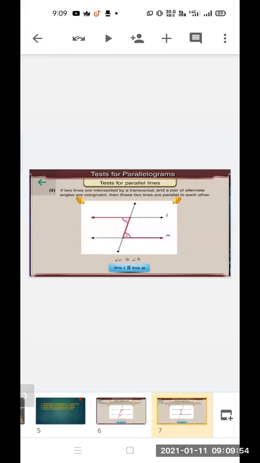Here line L and line M, we have to find whether these lines are parallel or not, and a transversal passes through them. So if these alternate angles are congruent,